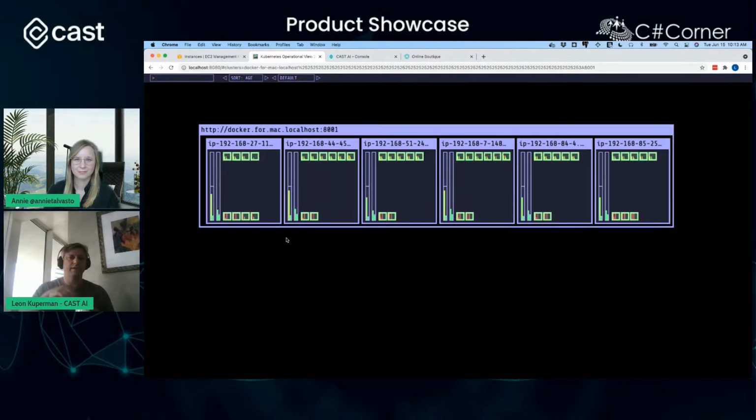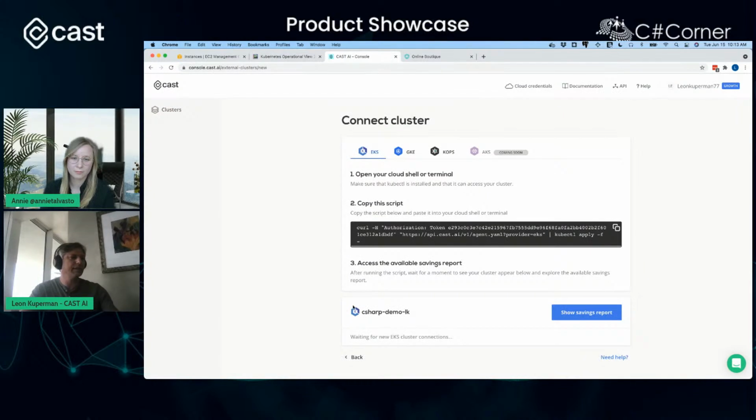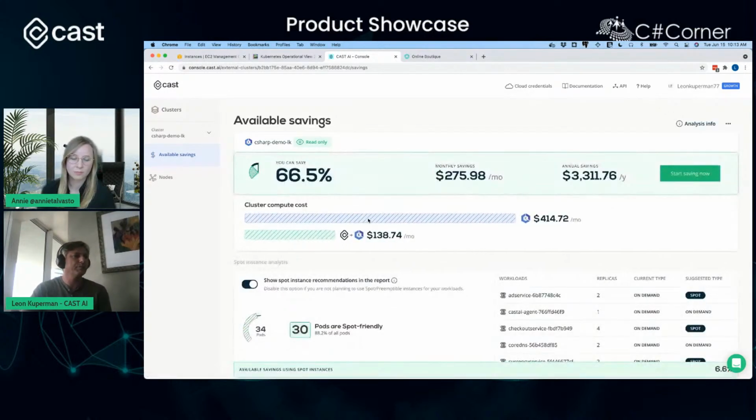So right now, the agent is collecting all your pod information and all your node information. It's using AWS's instance metadata service to pull all of the details around the financials, the instance type, whether it's burstable, and what the architecture is, ARM or Intel, and so forth. And if we go back to the console, we'll see that our demo savings report is available to see. Excellent. This is the first time I'm running this today, so let's give it a whirl and make sure we've done the appropriate sacrifices to the demo gods.